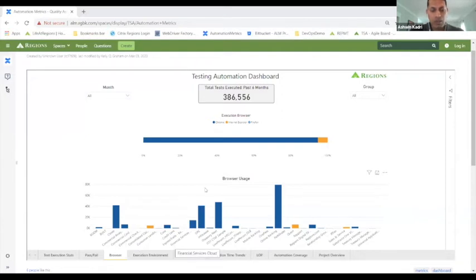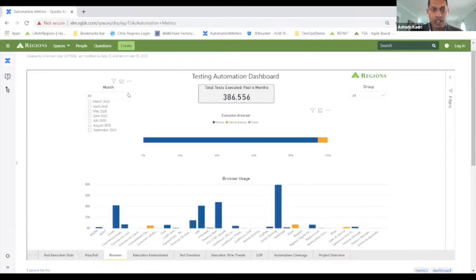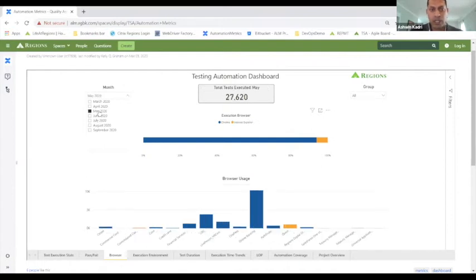All right, on this screen, what we are seeing is the browser information. So this is the metrics dashboard that we have displayed on the Confluence page. And we are seeing what the browser usage is. So the deep blue is Chrome. Then we have IE, Firefox, things like that. If you want to see which projects are using Chrome, just click on that, and then which projects are using IE. So I'm able to see that information. I can also slice by months. So if I want to see in May what the spread was like, I can get that information.